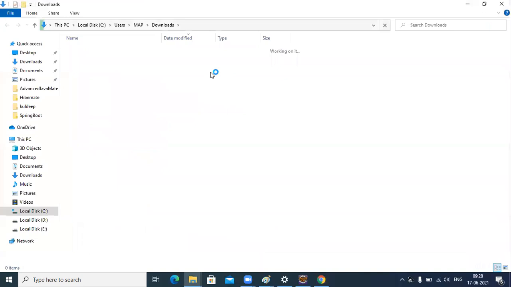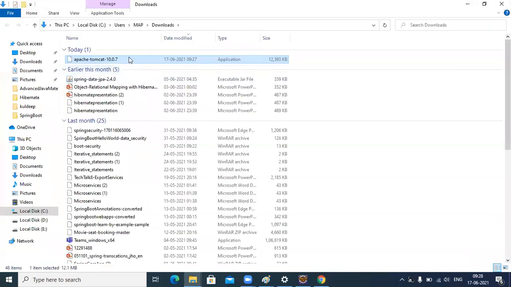So you get the MSI installer. As you have already installed, just double click this file. It will ask for the instructions. And on which port are you running Tomcat? What is the default port that you are using? Which port are you running your Tomcat server?